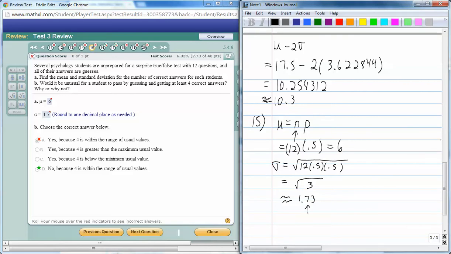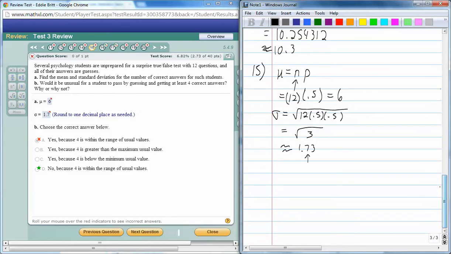Would it be unusual for a student to pass by guessing and getting at least 4 correct answers? If we want to know if it would be unusual, we need to find the minimum and maximum usual values. Since this is a small number, we probably could just get away with finding the minimum value and seeing if this is smaller than the minimum value. So we just want to find the minimum usual value. You say mu minus 2 times sigma. So that's going to be